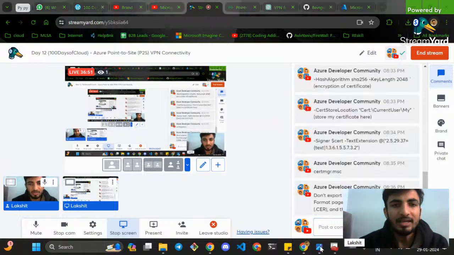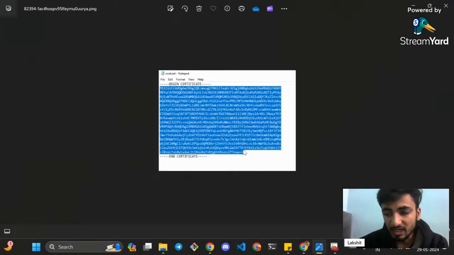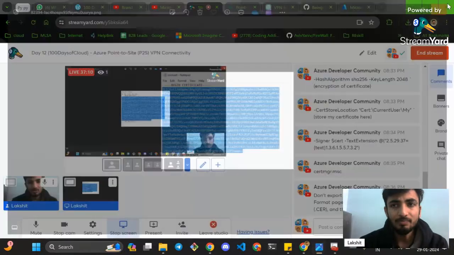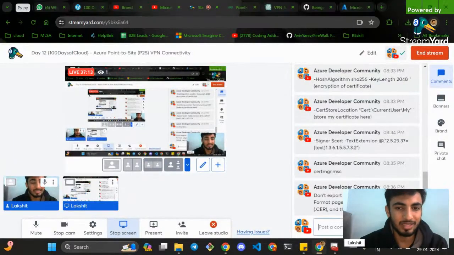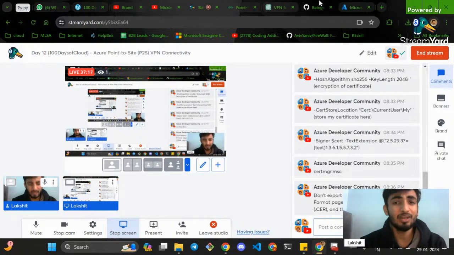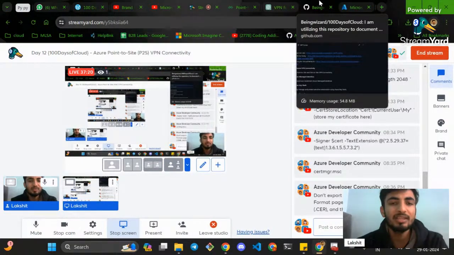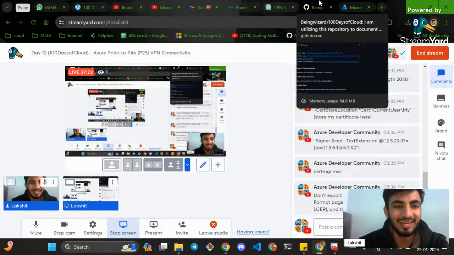Your certificate will come up in the browser, and you will be able to see the certificate. You can save the location anywhere, say on the desktop, and open it in Notepad. This is how your certificate will look like, and this is the entire encrypted key. Do not ever share this certificate key with anyone. This is very confidential. This is the one thing that will save your devices, everything. If you lose this, you are done.